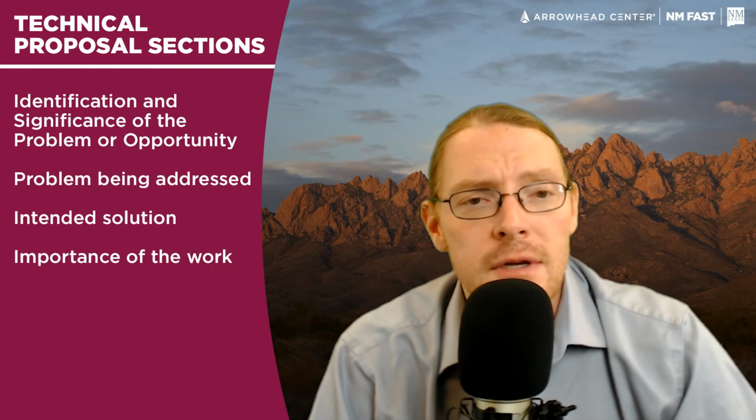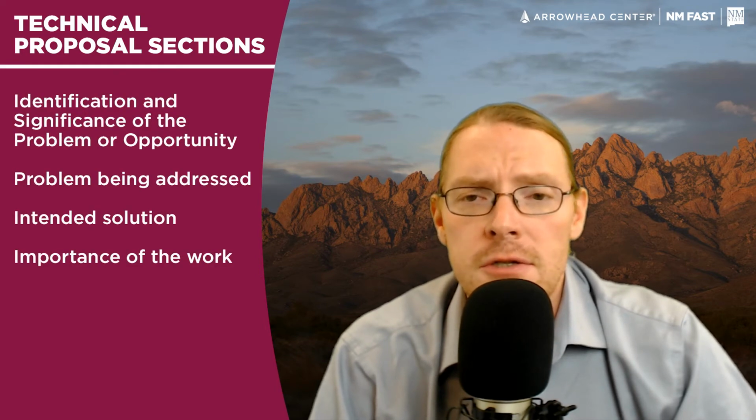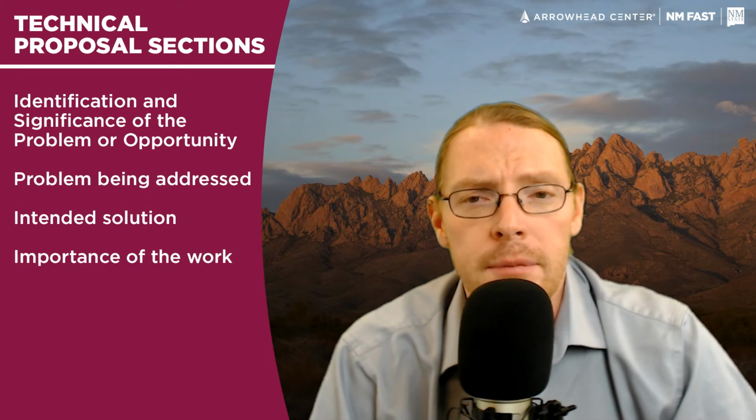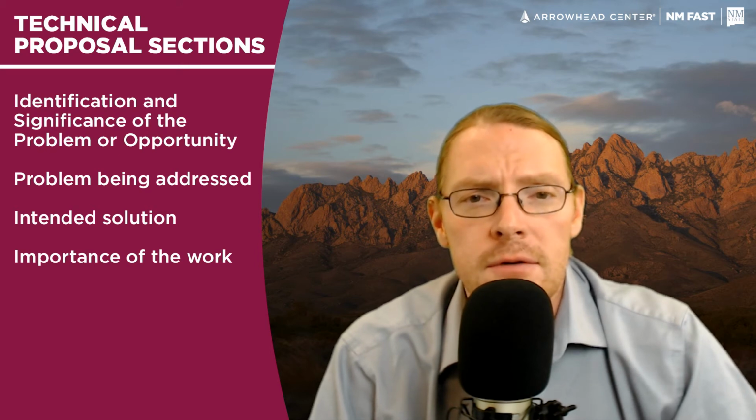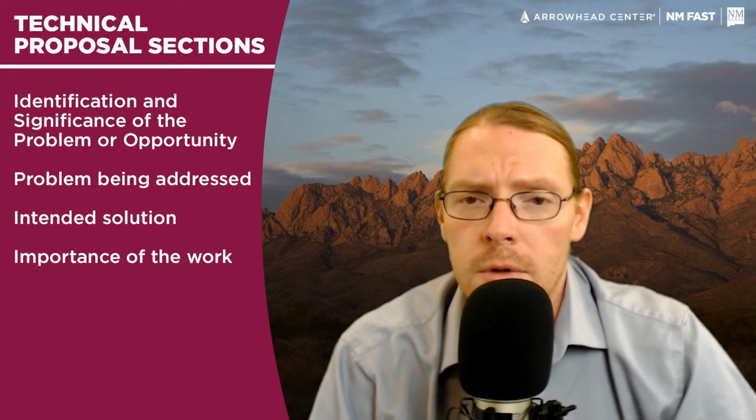For a Phase 1 submission, your technical proposal is limited to 20 pages and has 11 sections. These sections cover items like the identification and significance of the problem or opportunity, which asks you to recap the problem being addressed, define the intended solution and the importance of the work being proposed, a Phase 1 work plan,